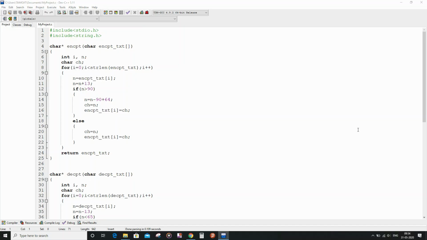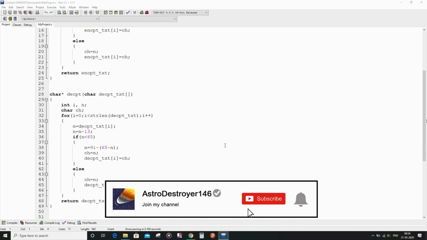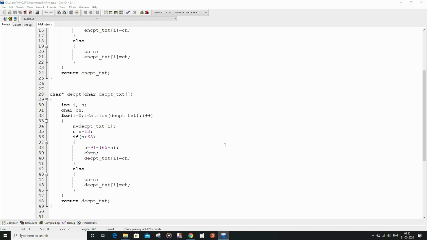So I had opened my DevC++ IDE and now as you can see I had already written the code. The reason is that the C code for ROT13 cipher is similar to what I had already discussed in the video on Caesar cipher, where I had done a C implementation of Caesar cipher. Both are basically connected.